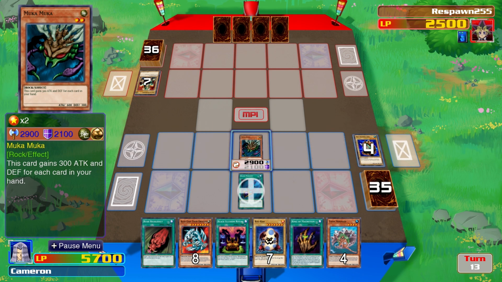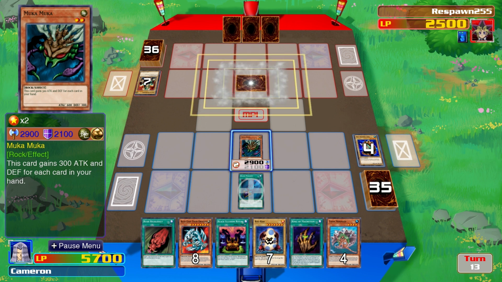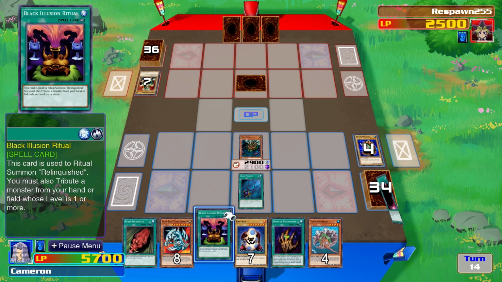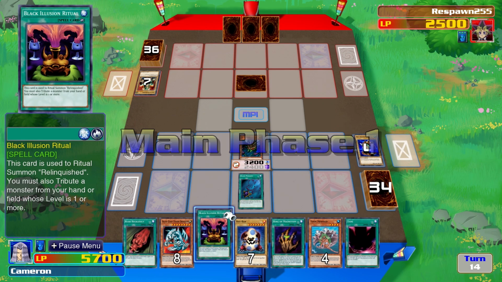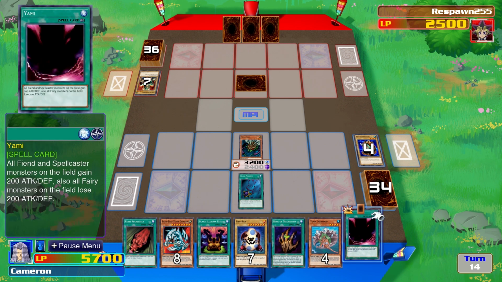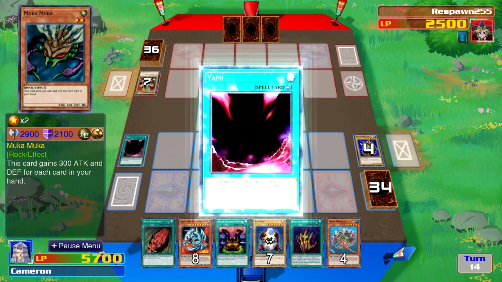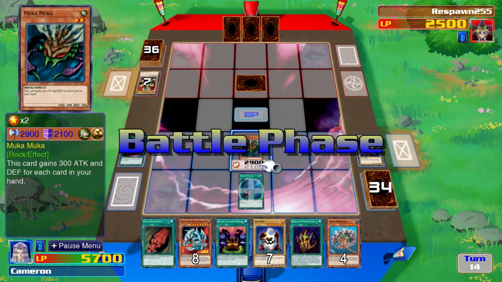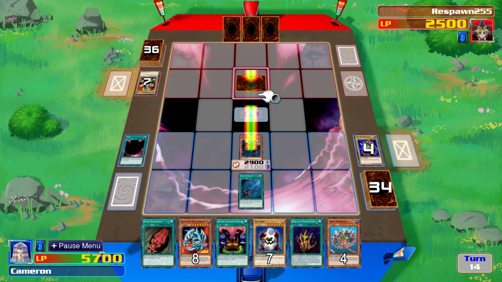Alright, draw for Yugi, 4 cards left. Has he got anything? Another face down defense, and defending's probably going to be all that he can do. Okay, there's Yami. Muka Muka is up to 3200 because there's now 7 cards in Pegasus' hand. He would have to discard if he didn't play anything. But alright, there's Yami on the field now, which doesn't benefit Pegasus at the moment, but...